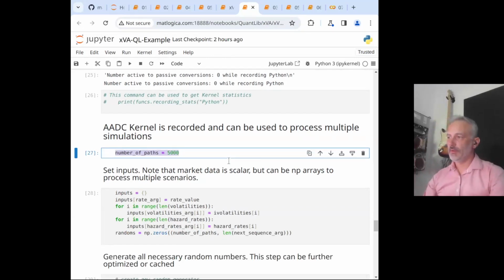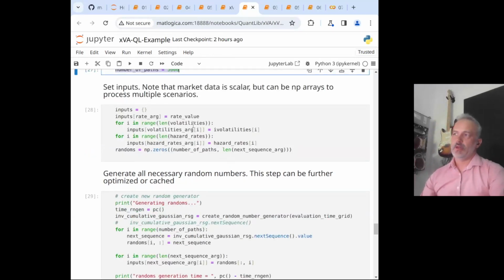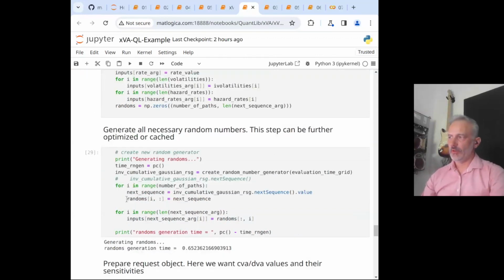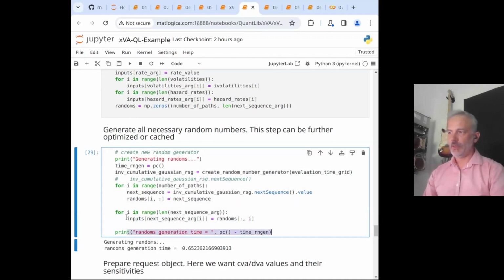And to do that, we're preparing inputs. So what are our inputs? The model parameters, volatilities, hazard rates, interest rate, but also our random numbers. So our random numbers are inputs into our simulation. And here in this instance, we pre-generate all random numbers. So ADC is not in the business of simulating random numbers.